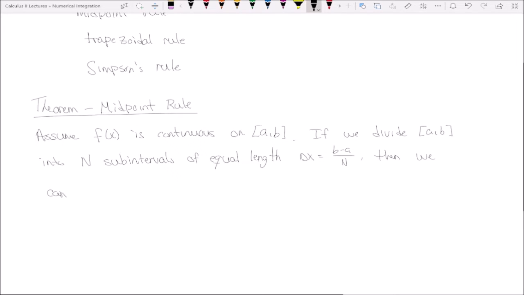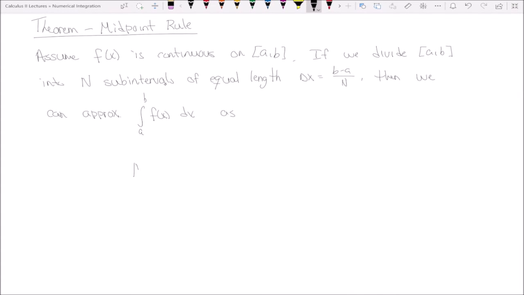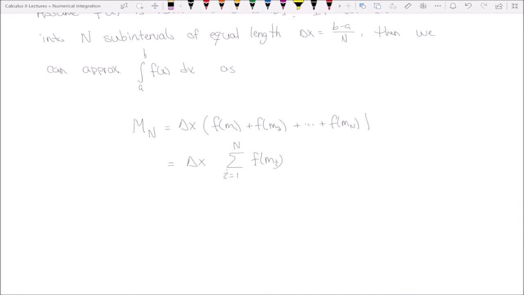Then we can approximate the integral from a to b of f of x dx as, and here's the rule, M sub n is equal to delta x times f of m1 plus f of m2, so on and so forth, plus f of mn, which will also be written this way: delta x times the sum, i equals 1 to n, f of m sub i. I don't know why I put an equals there. That should be multiplication. Delta x times,